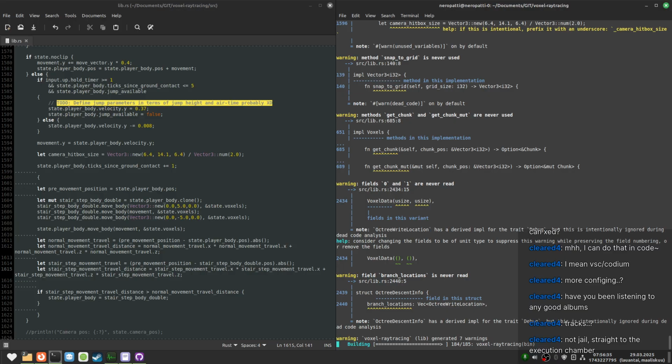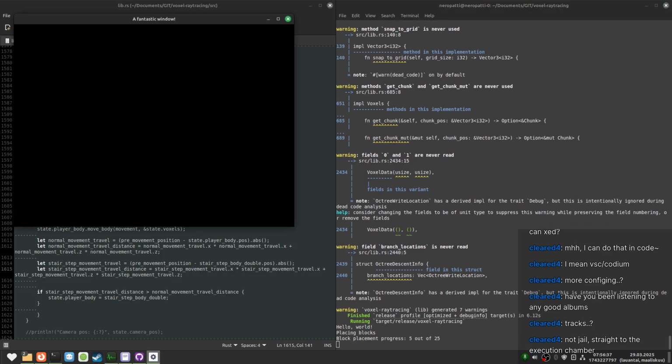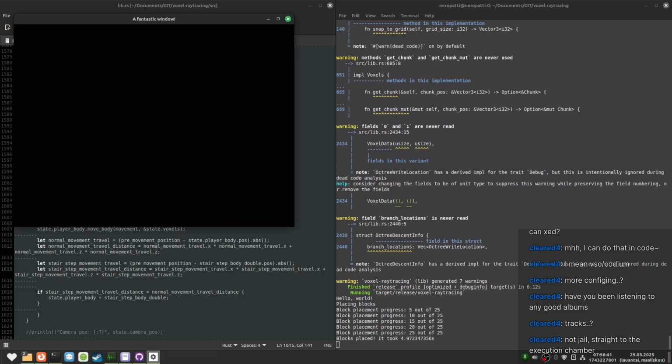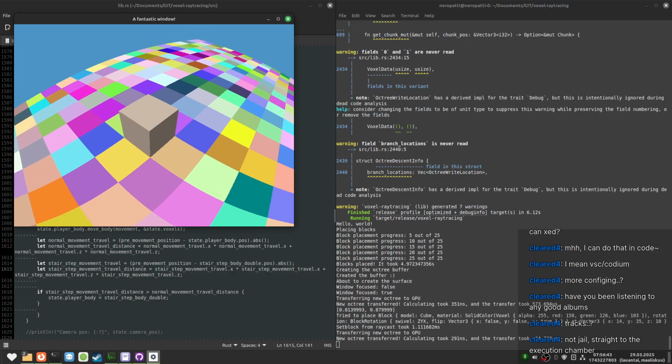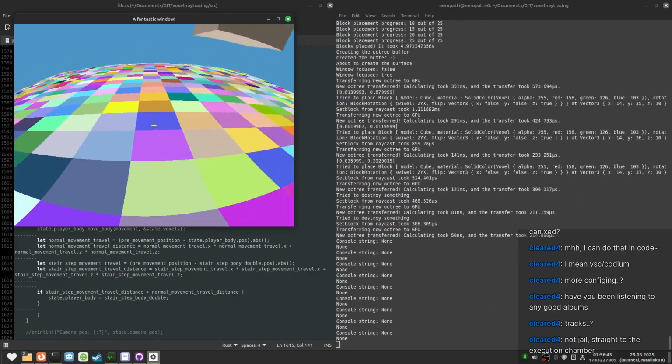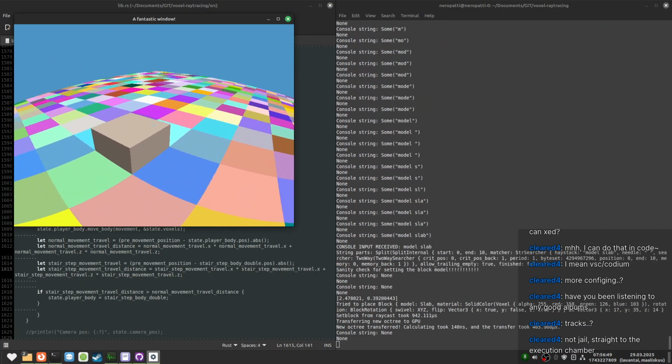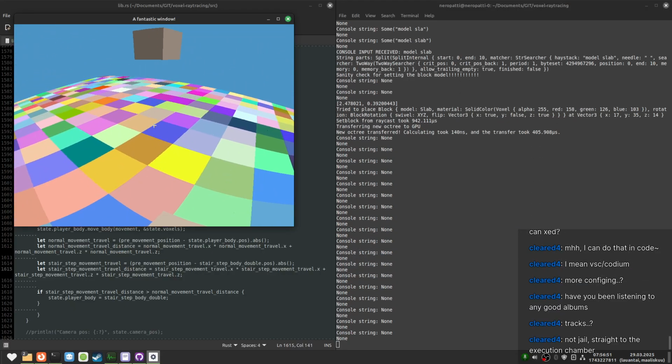We care about X and Z, not X and Y. You can walk under here. You can walk on the slab.